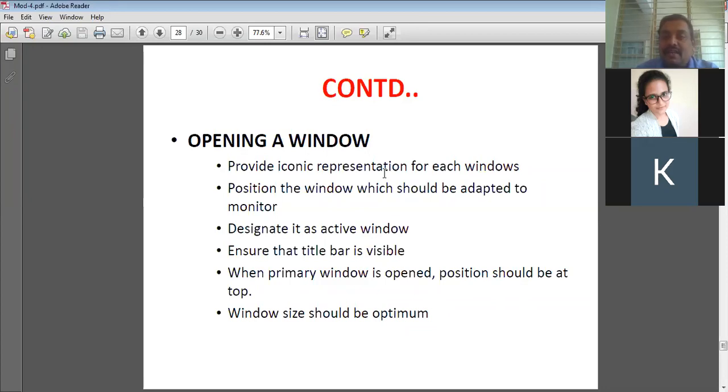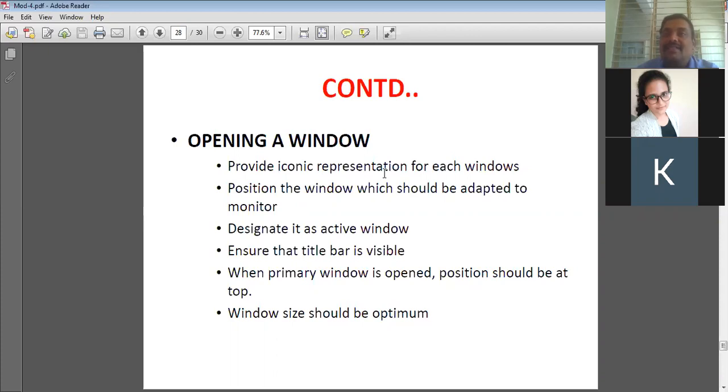To distinguish between the secondary and primary window, whenever the user wants to move back, the primary window should be clearly visible, and it should be at the top of the screen. So window size should be optimum. Whenever you are giving a size, it should be optimum. For example, for printing, we need only a small window. We don't want to give a large space for the printing menu. Similarly, whenever you want to save or open a file, a small window is good enough. So that should be optimum.